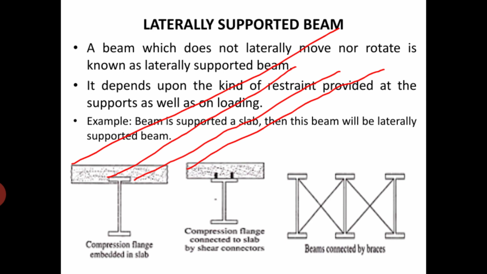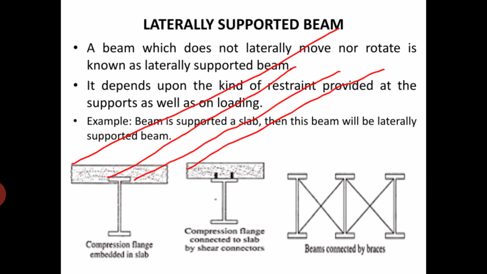Suppose if local and lateral instabilities of the beam are prevented, then to ensure the first condition, that is compression flange of the beam is restrained from moving laterally, the cross section of the flanges and the webs of the beam chosen must be plastic or compact sections. To ensure condition number 1, the cross section should be plastic or compact section. If significant ductility is required, sections must invariably be plastic.